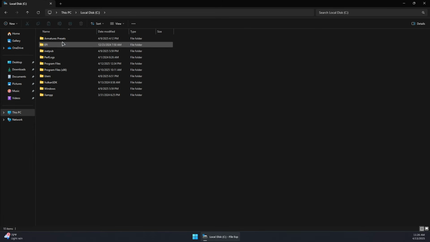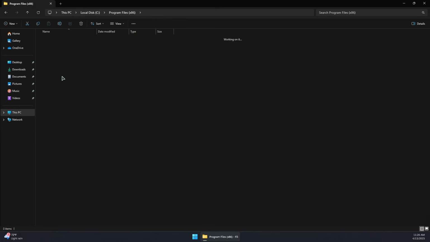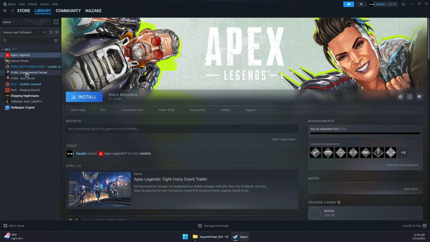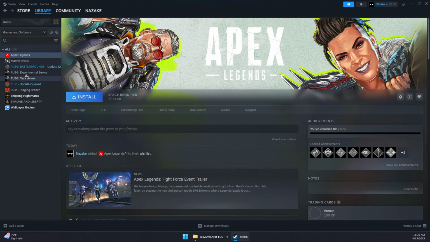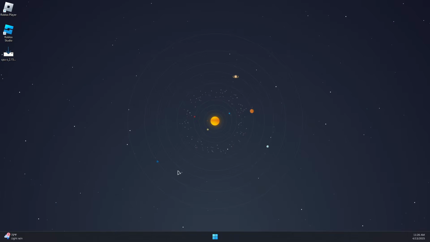So go to the C drive, Program Files, and then Easy Anti-Cheat AOS, and then remove it from here. Then go to Steam and click repair the game from here, or check for file integrity to repair the files. Now after repairing EOS or reinstalling it back again, you can close this